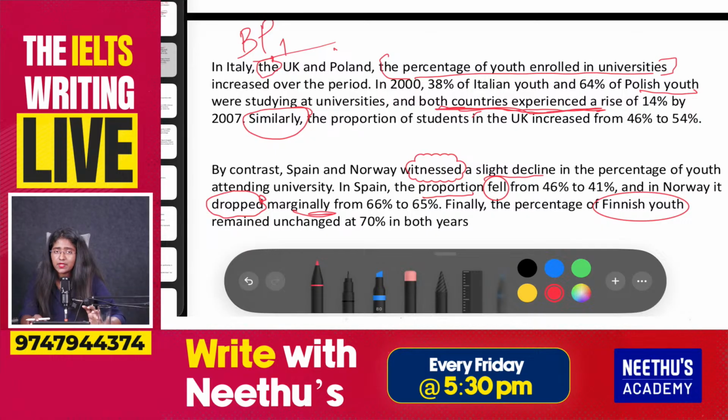That is something we can use in another essay as well. In 2000, so you're talking about data in a year, after 2000 you should put a comma. 38% of the Italian youth and 64% of the Polish youth